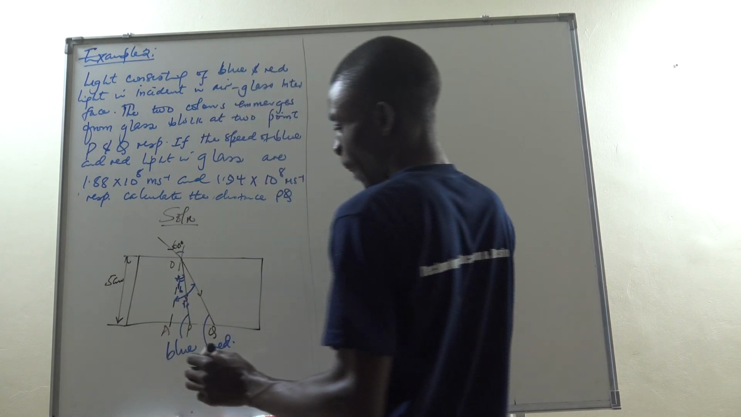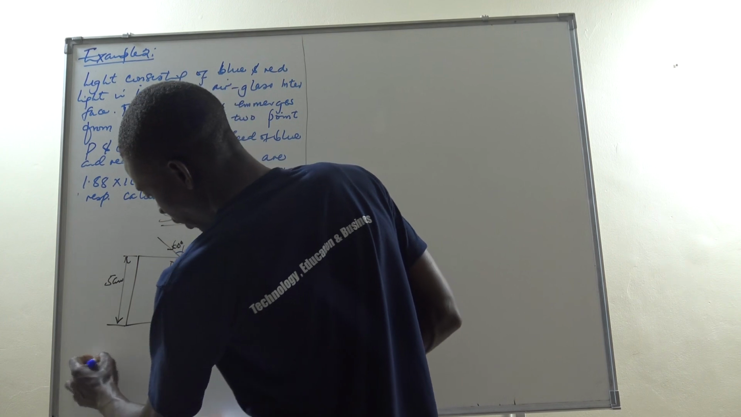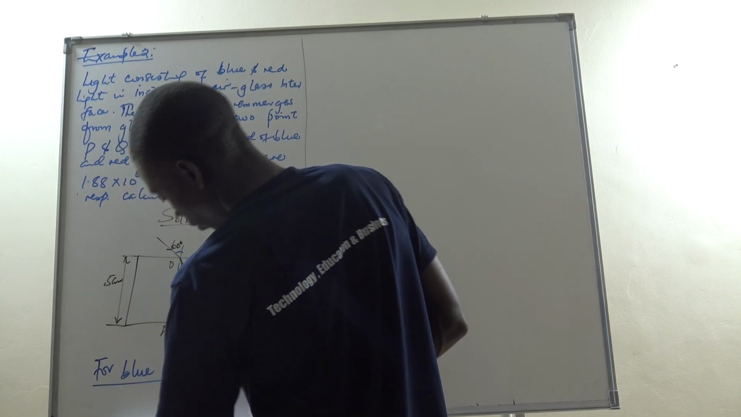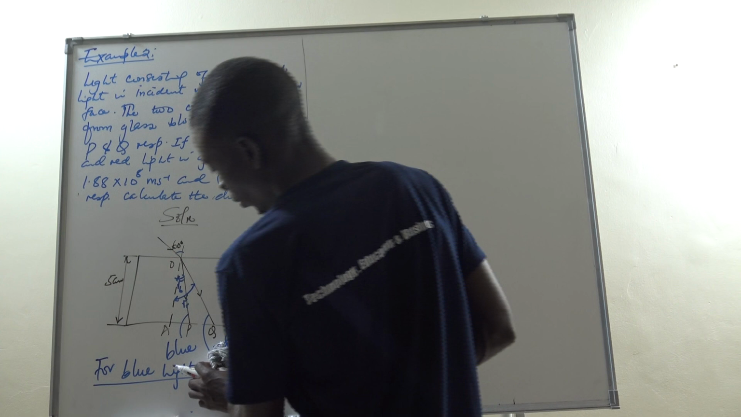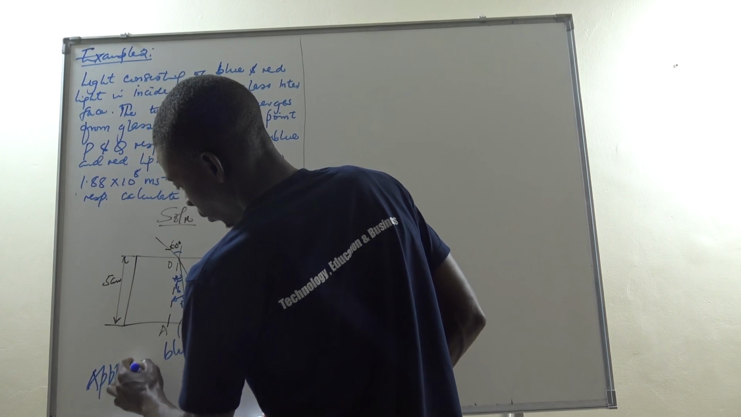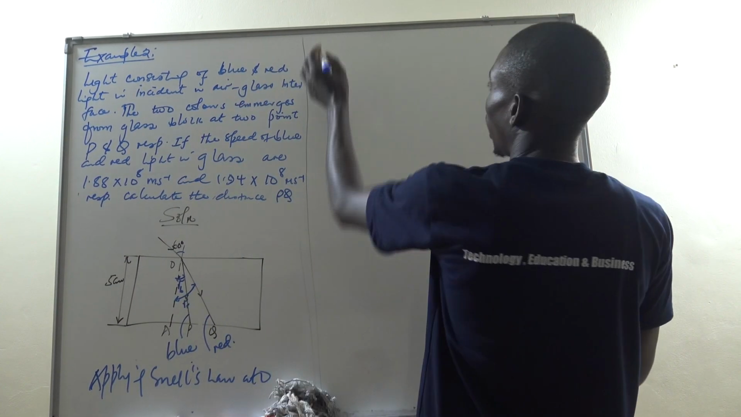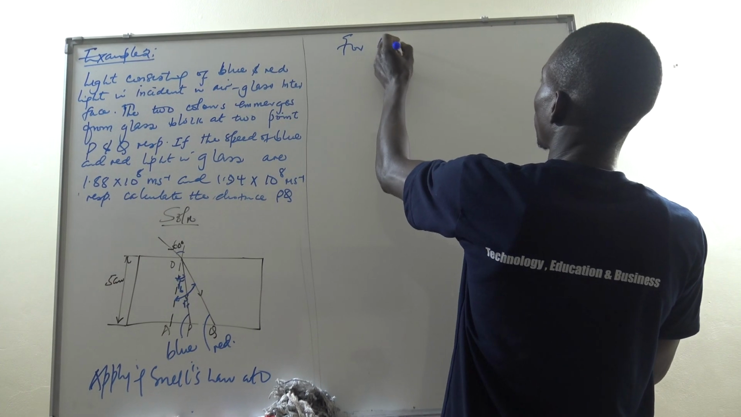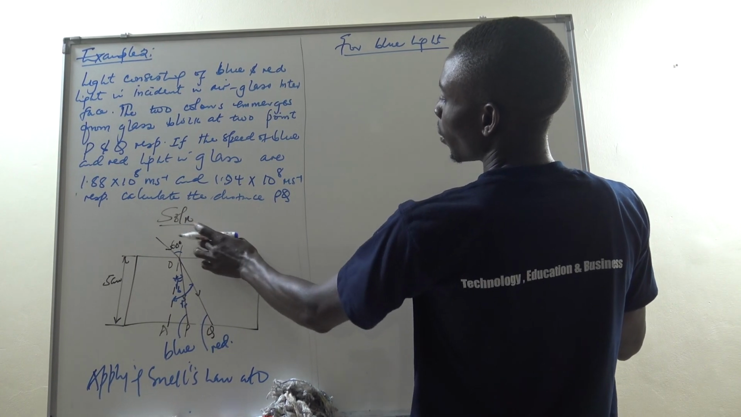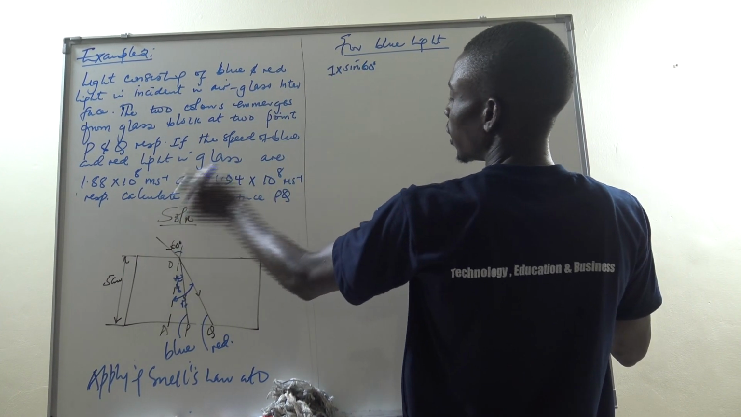We shall say, let me begin with blue light, applying Snell's law at O. For blue light, it is from air: refractive index of air times sine of the angle in air should equal